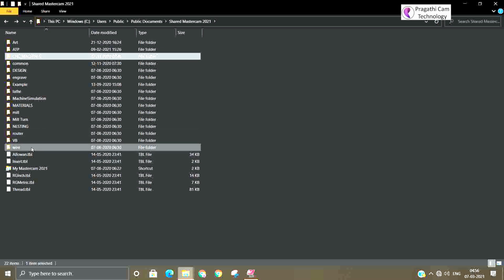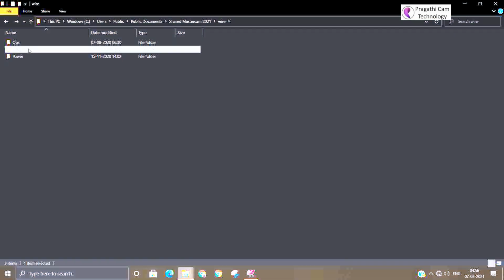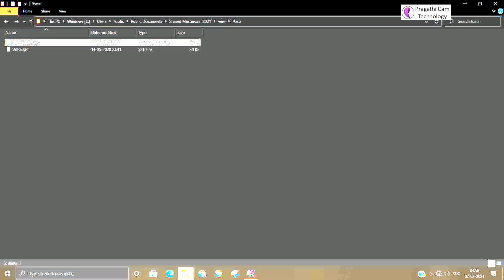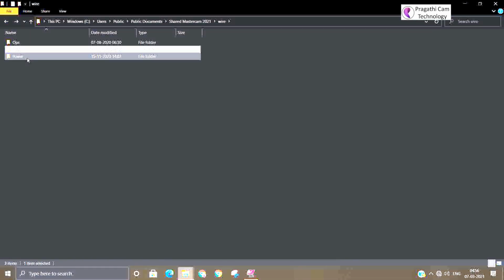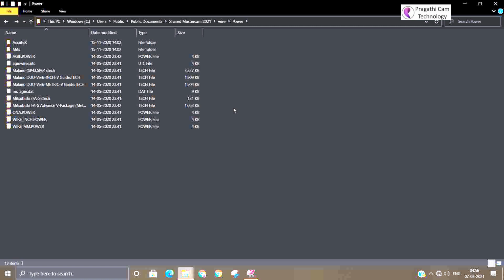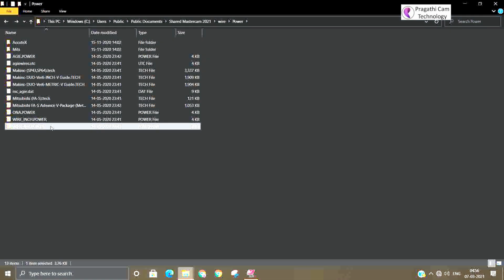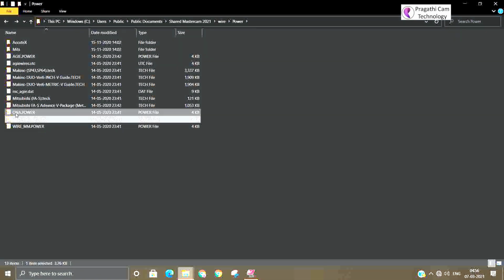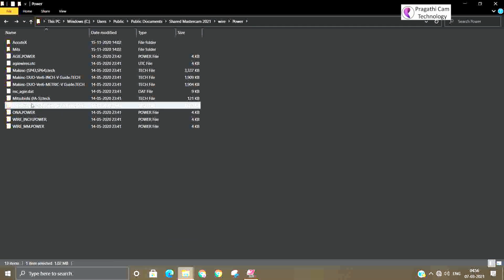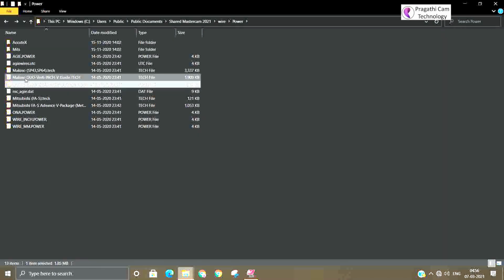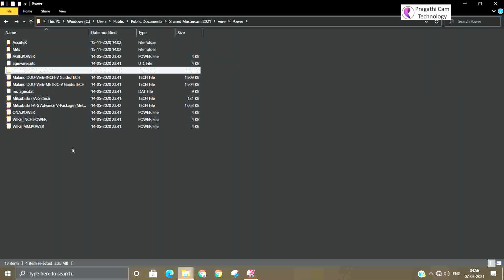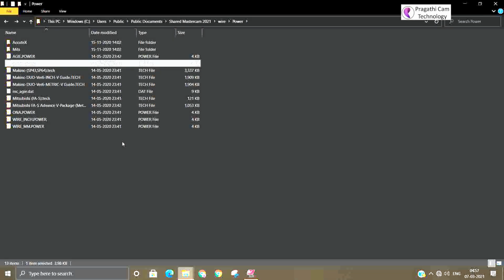Now we'll see the post processor location. At present we have only one post processor. Suppose you load another post processor, then it will be visible. This is the power library. This and inches power library, ONA power library, Mitsubishi power library, AGK one power library, Makino one power library, AG wire power library.